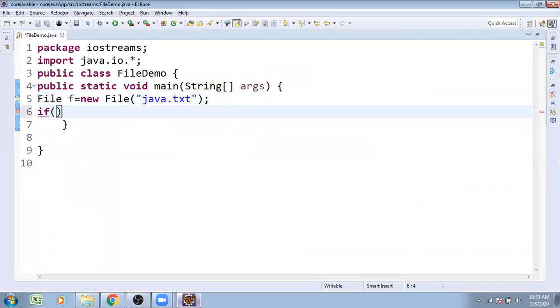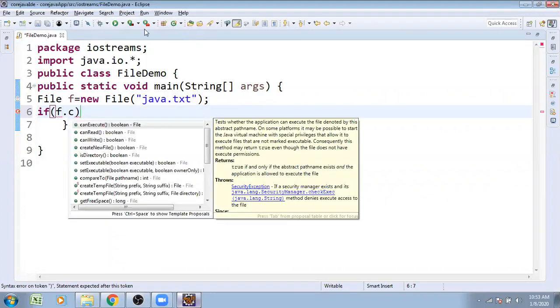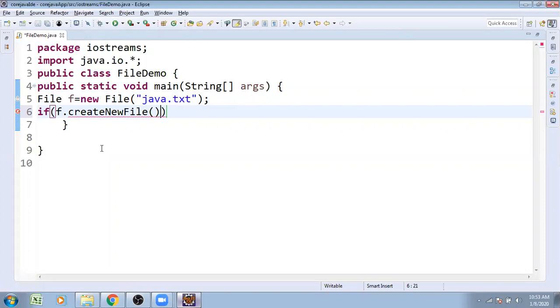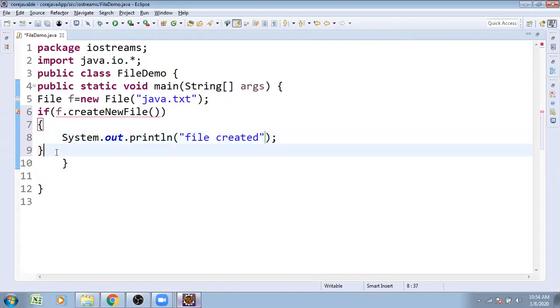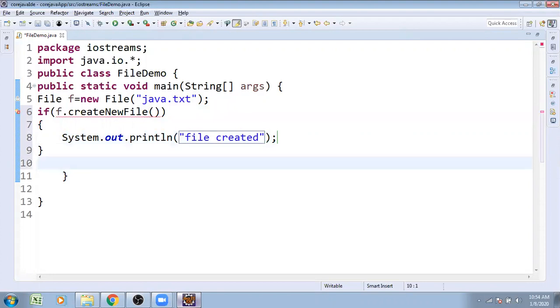If condition, what is the condition? f.createNewFile. If it creates a new file, one message is output: file created successfully. Suppose the file already exists, somebody created that file.